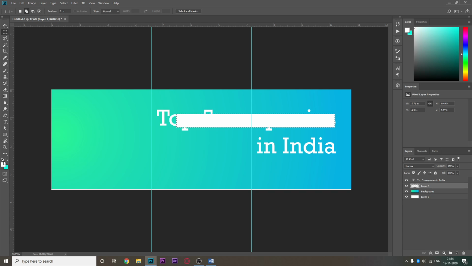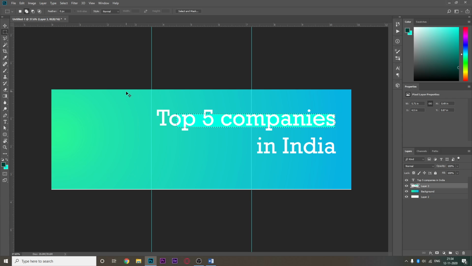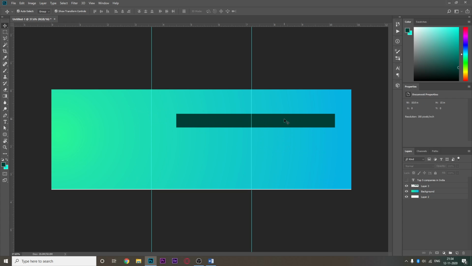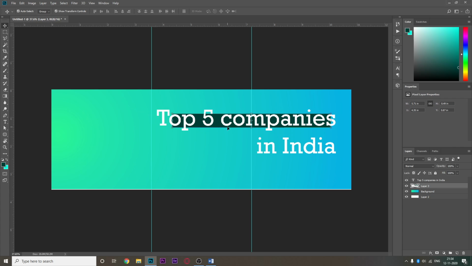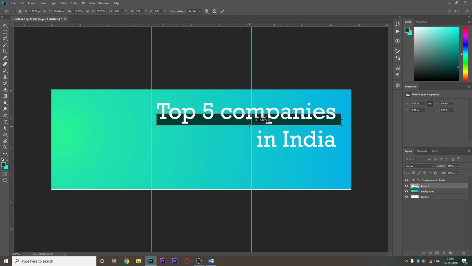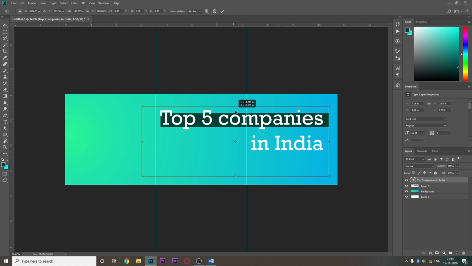Okay, sorry, this is white. I have to go here and select a dark color. I don't know if you've seen this. I'll hide this. This is used by Bloomberg also. This style wherein this box is there and it just sits like this. Let me, yeah, it just sits there.